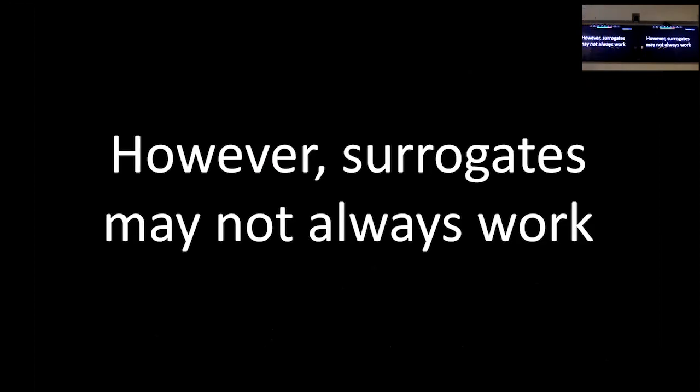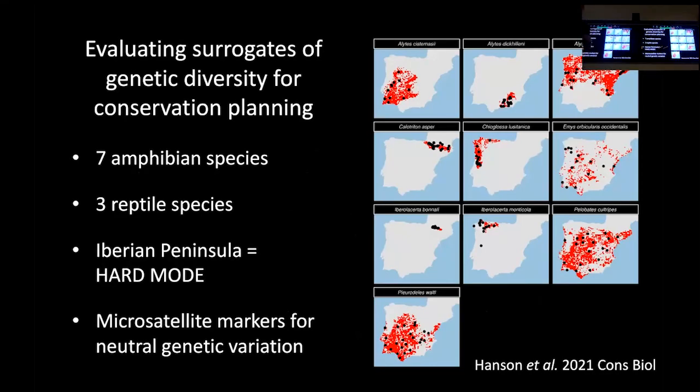Then in my next postdoc, we explored some of this work further, and we found that actually, this whole thing doesn't generalize everywhere. So you've actually got to think about where or when these things may or may not work. The European Alps is easy mode: you've got enormous climatic gradients and very strong barriers to gene flow. So if you're going to get strong, spatially structured patterns of adaptive and neutral genetic variation, it's going to be in an environment like that.